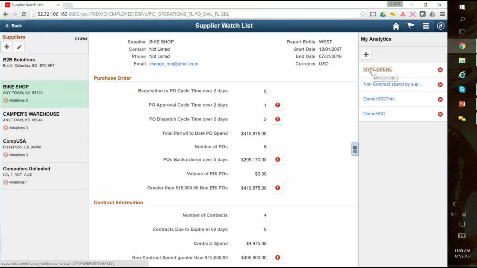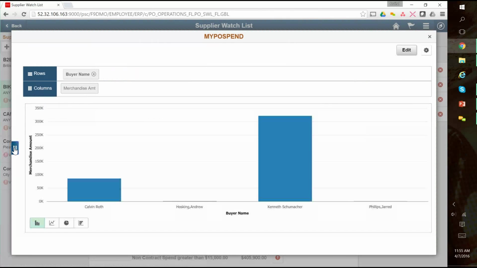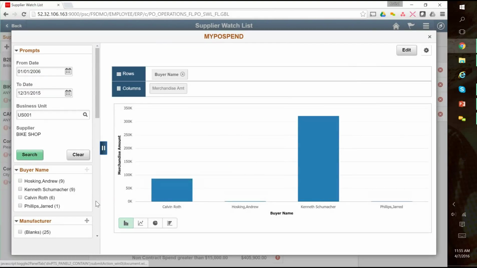I didn't run a query. I didn't go into SQL. I didn't edit anything. But just by clicking on that now, instantly I have a pivot grid that I can use to analyze the information that was there in the supplier watch list. And this can be applied to any